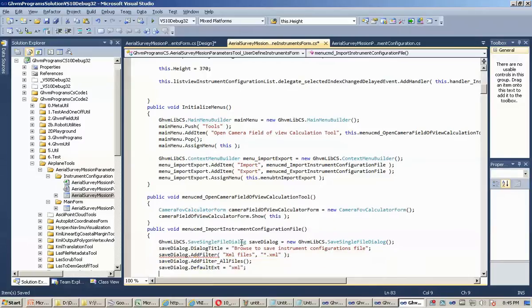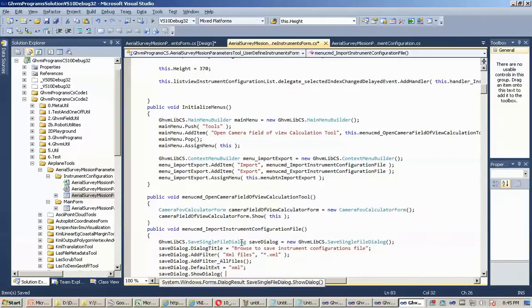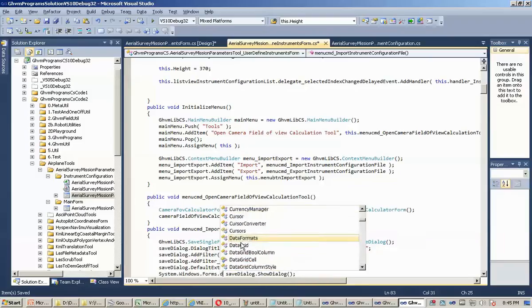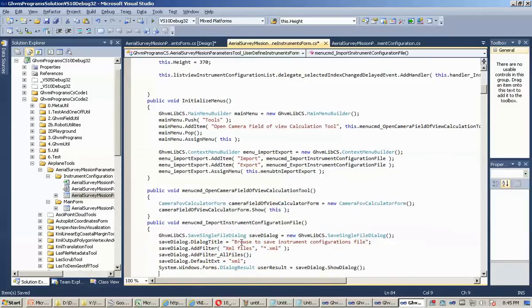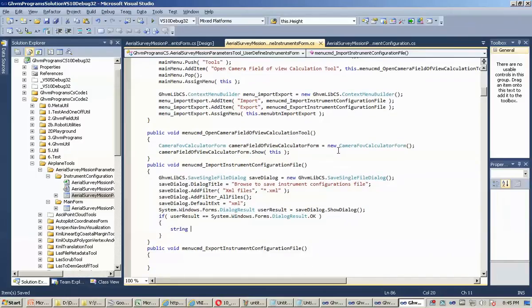And I guess that's enough to go ahead and show it to the user. If the user really wants to do it, if he chose something affirmative,